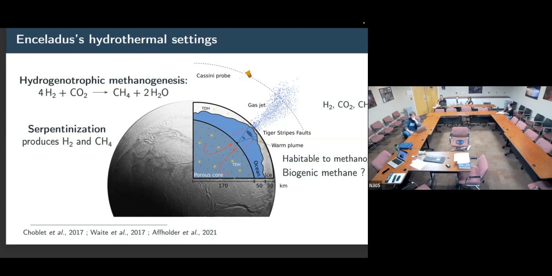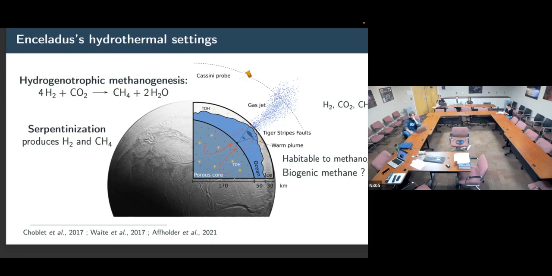So one might ask, well, if we find H2 in the plume, is that a sign that there is H2 being produced in the hydrothermal environments in sufficient quantities to sustain such a population of methanogens? Or maybe if there was a population of methanogens, wouldn't they consume the entire production of H2 by subcontinization so that we wouldn't see any of it left in the plume?